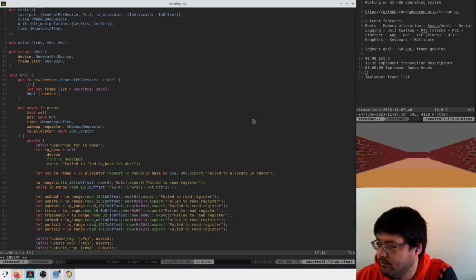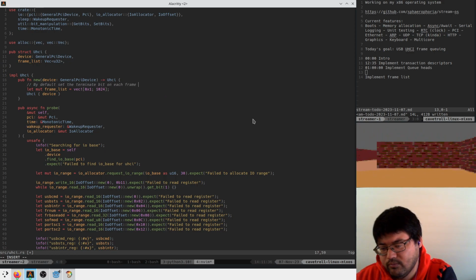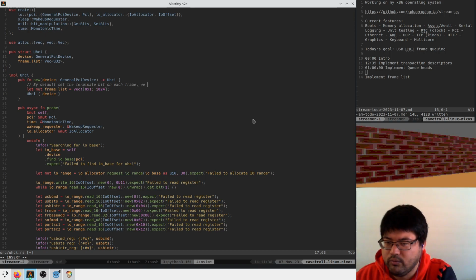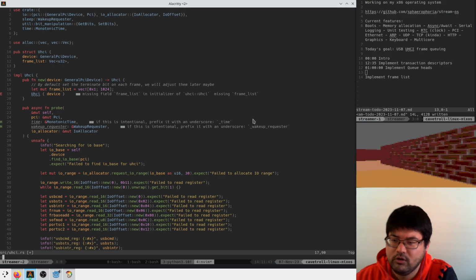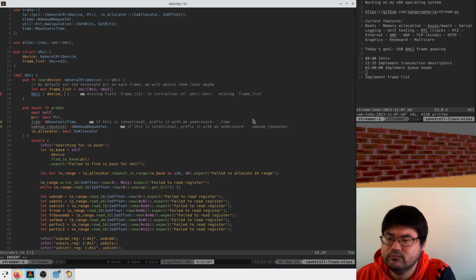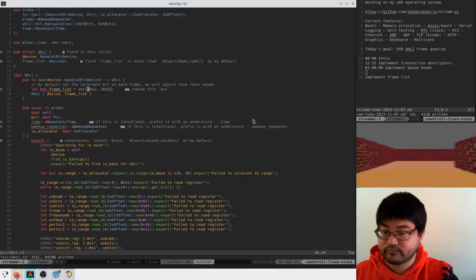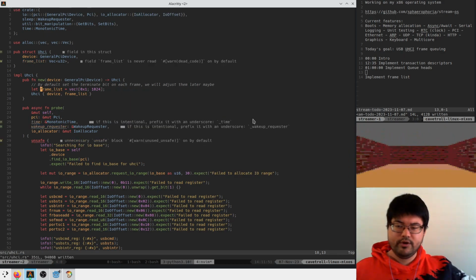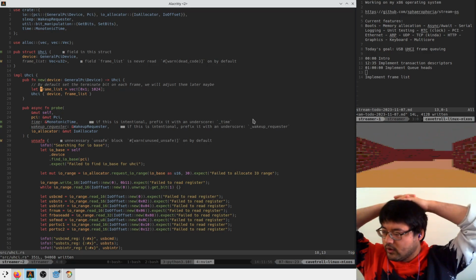So by default, set the terminate bit on each frame. We will adjust them later. Maybe. Okay. So now what we should be able to do is start working on